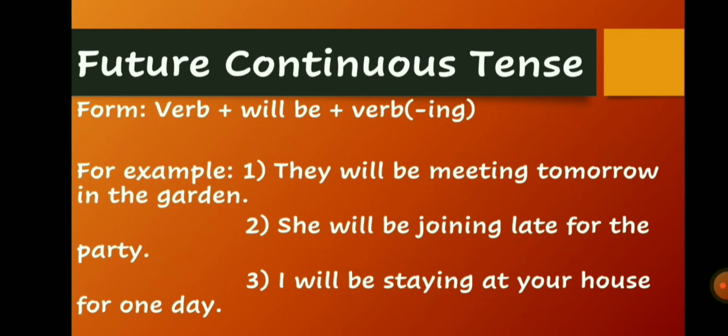I is a subject over here. Will be staying is a future continuous tense, as it shows an ongoing action which will be happening sometime in the future. So this is all about future continuous tense. So future continuous tense refers to an ongoing action which will be happening sometime in the future. Now let us see the third type of future tense,